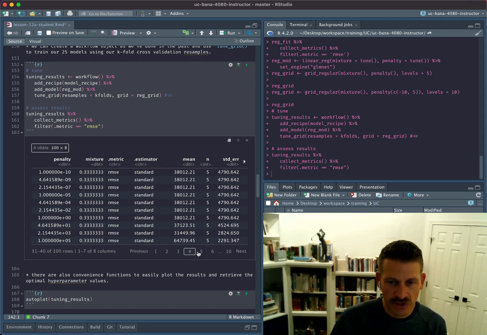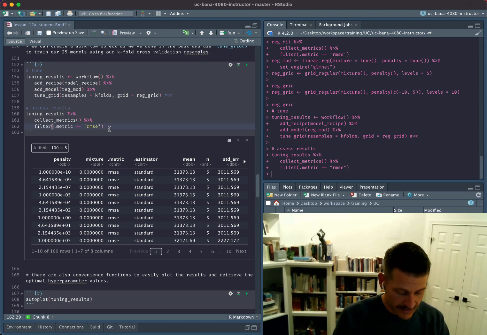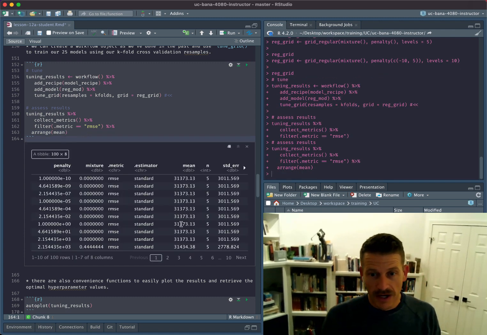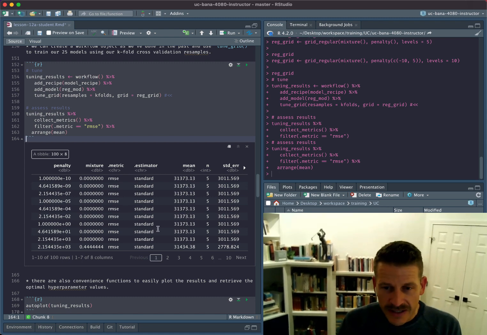But if we were to scroll through this, we're going to see that other hyperparameter values have an increase, right? Right here, we jump from 31,449 up to 64,000, and here we have 79. So actually, maybe these are not sorted. Let's go ahead and arrange in ascending order on the mean. There we go. So now what we can see is the first 9 have this value, and then we start